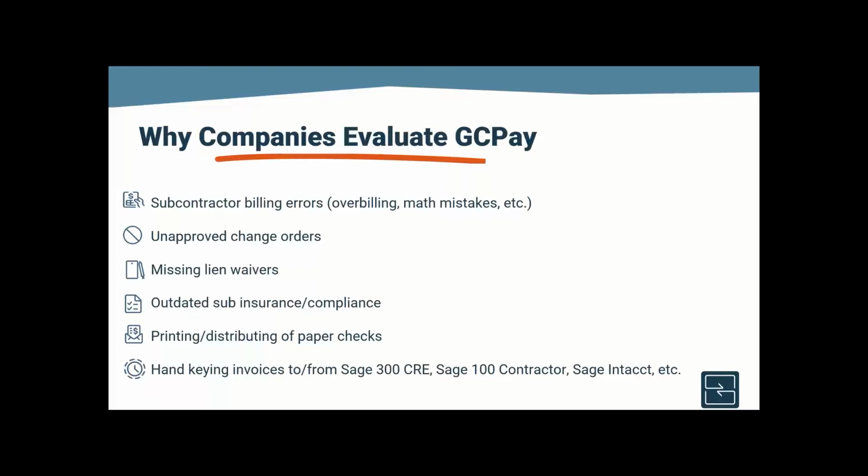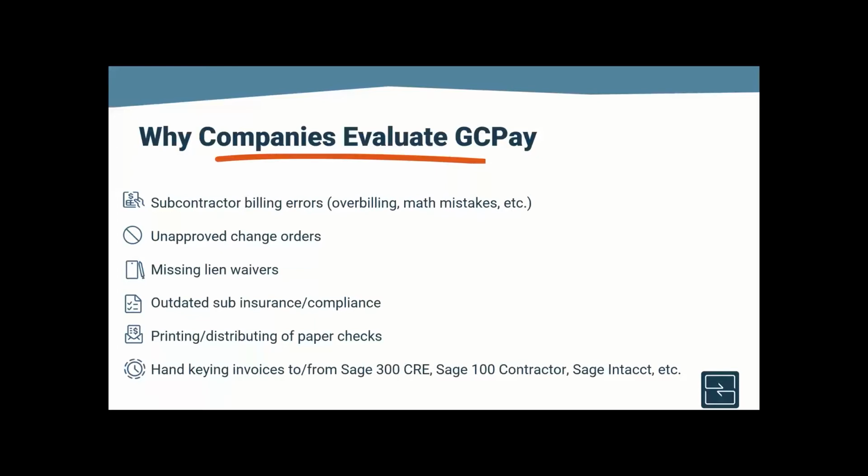GCPay will completely eliminate any possibility for a sub to overbill line items or contracts or have any sort of math mistakes. Part of the direct integration includes automatically pulling any approved change orders over from the sub. This will eliminate you hand keying them,